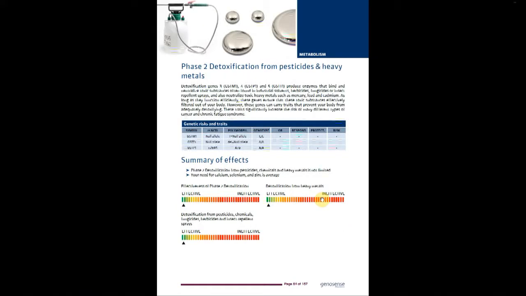The second phase, phase 2 detoxification, is a lot more interesting. I'm sure you're aware of this trend of organic food, meaning that the food was grown without any chemicals, without pesticides, herbicides and so on. Now some people say this is very healthy because all of these chemicals are unhealthy for you. Other people say they don't matter, they've been tested, they are not dangerous. And in a way, both of them are right, because phase 2 detoxification